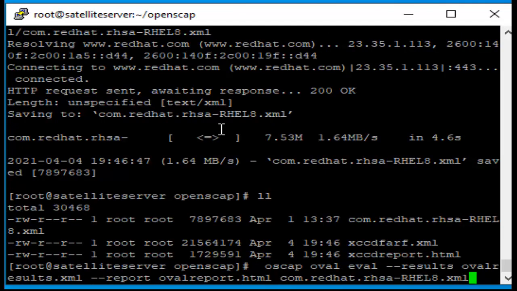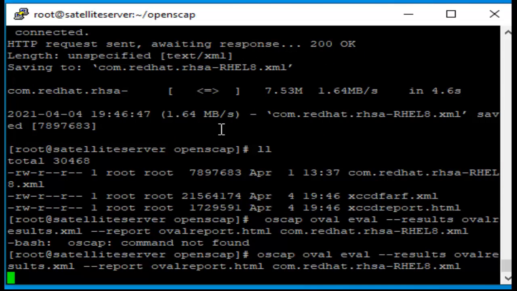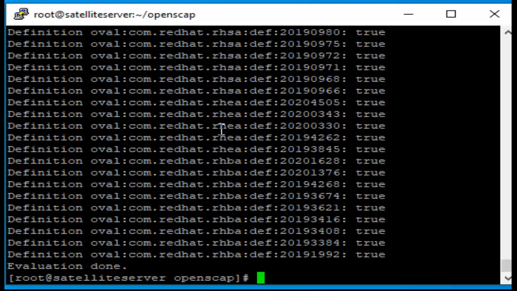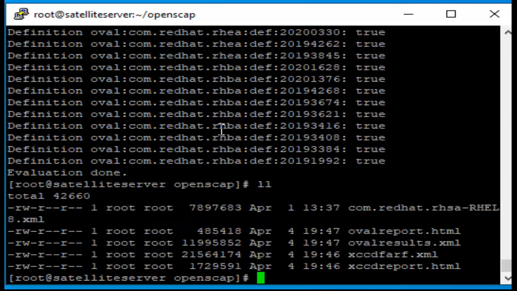Same thing, I'm using the output as oval-report.html in the current directory. Press enter. So now check. So friends, two files are generated: oval-report.xml and oval-report.html. Now download those files to our local system and show you the result.